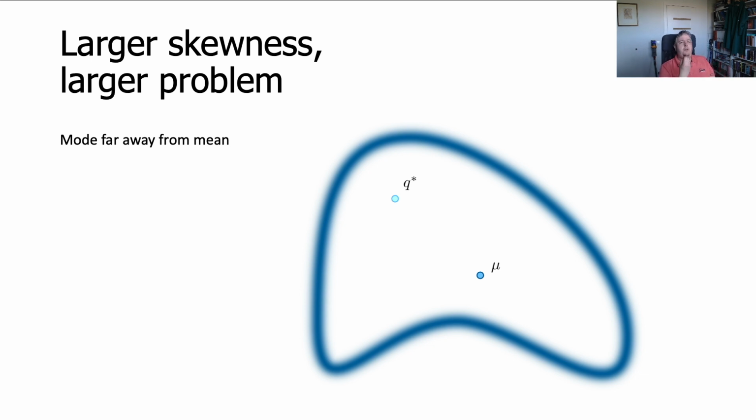However, in more complicated distributions that are not characterized as well by mean and variance, the mode can be rather far away from the mean, because the probability density function can have a very complicated geometry with multiple local minima and maxima, or is just very skewed to one side, where there is a maximum on the boundary but the tails are heavy enough so the mean is completely somewhere else. So this is the case.